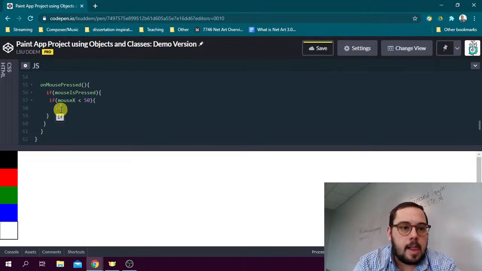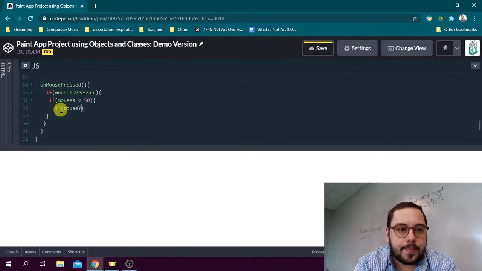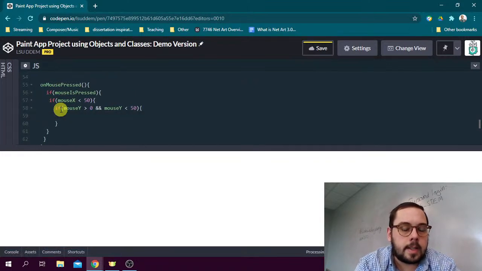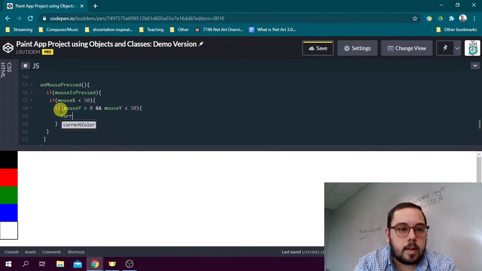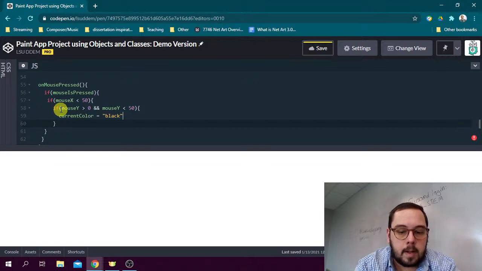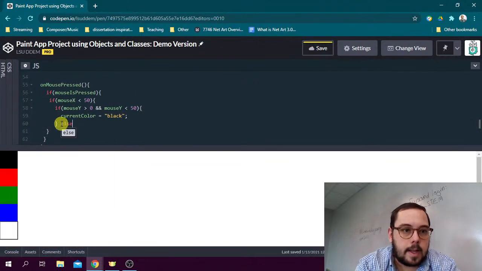So we'll say if, only this time we'll be working with mouse Y. If mouse Y is greater than 0 and mouse Y is less than 50, then we're going to say current color, I don't use this code editor as often, current color is assigned black. Else if